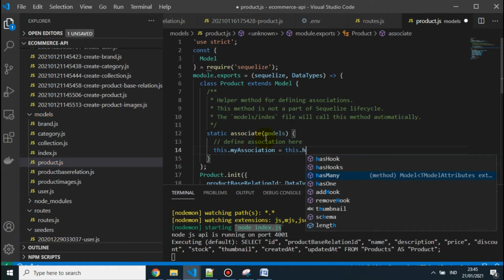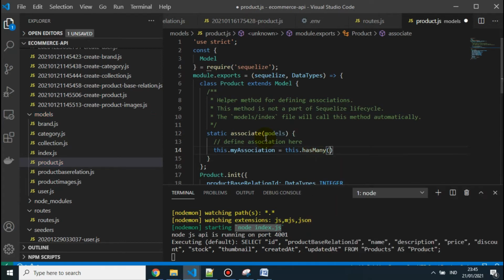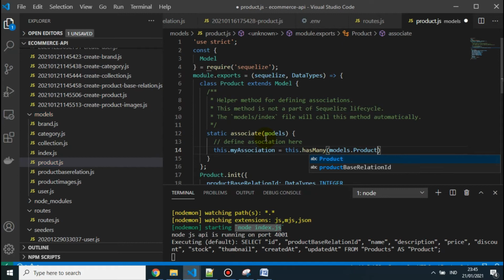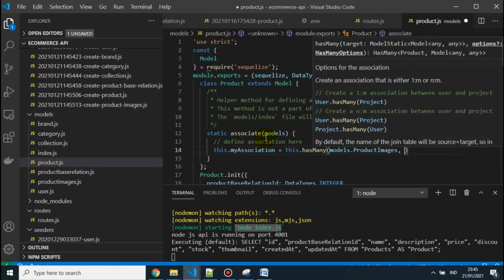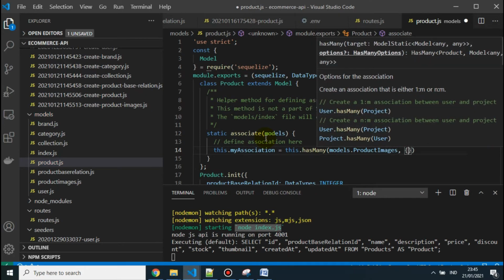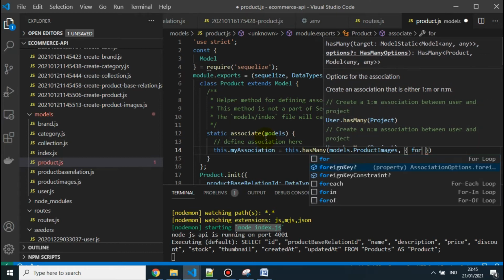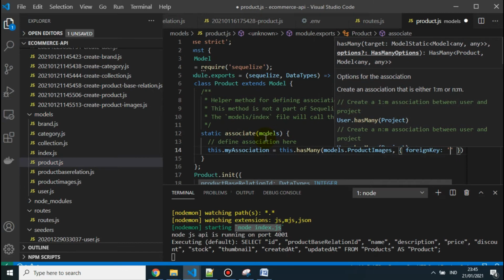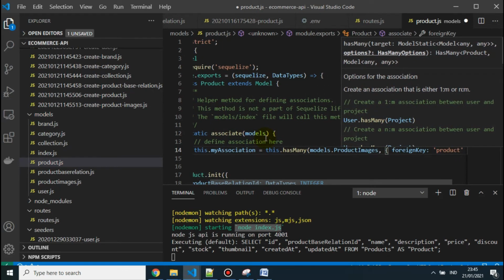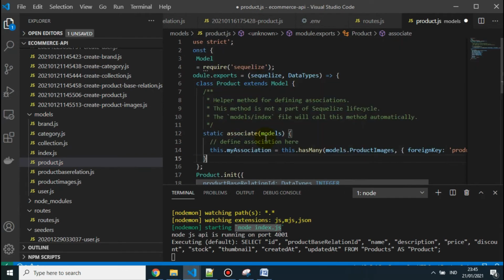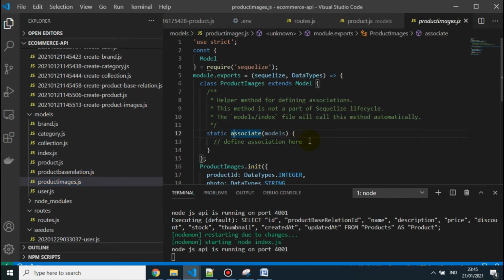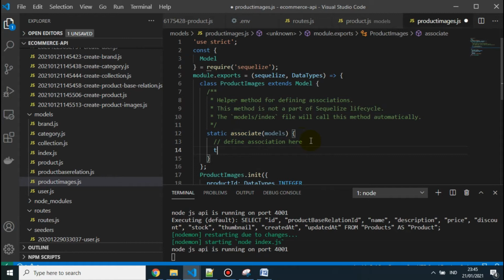So this is hasMany, and models product images, and we define the foreign key. The foreign key is product ID, and in the model product images we need to define